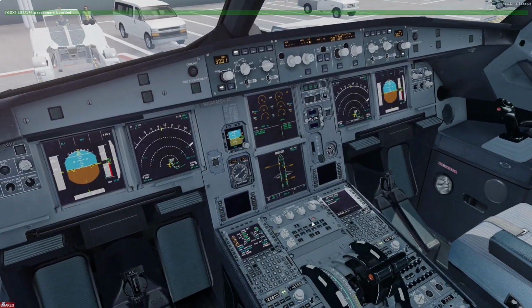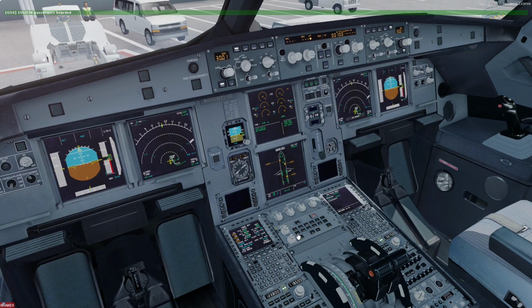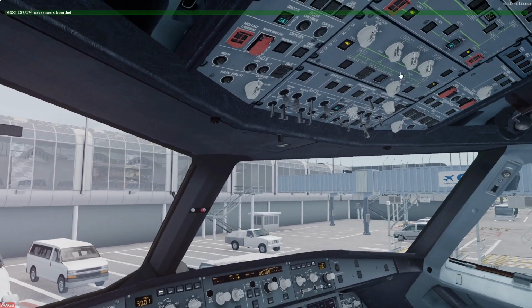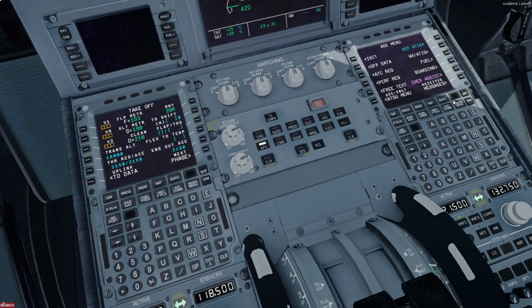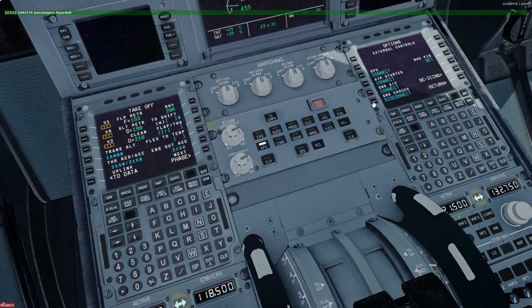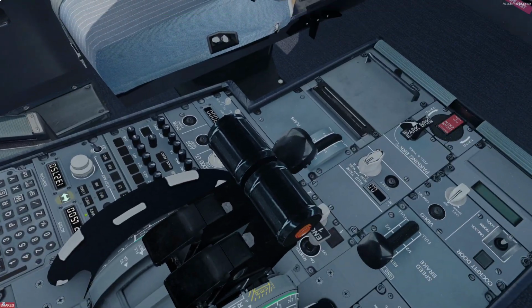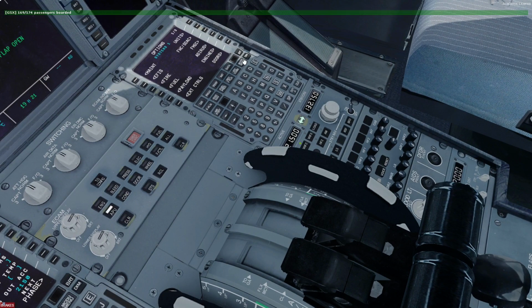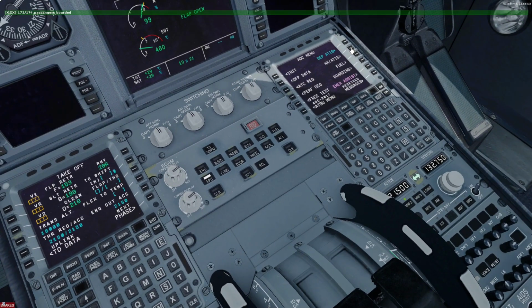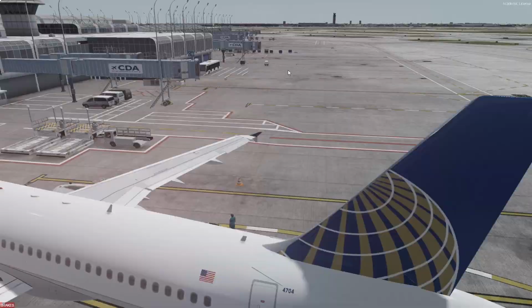The APU, we'll have a look at that. Be great, cool. So we can start the bleeds, turn the external power off. We'll go ahead and disconnect the GPU, disconnect air conditioning, and parking brake is on, so we can disconnect the ground shocks as well. We'll go back to here, we'll go ATSU menu, AOC menu, and there's our performance there, which is actually perfect